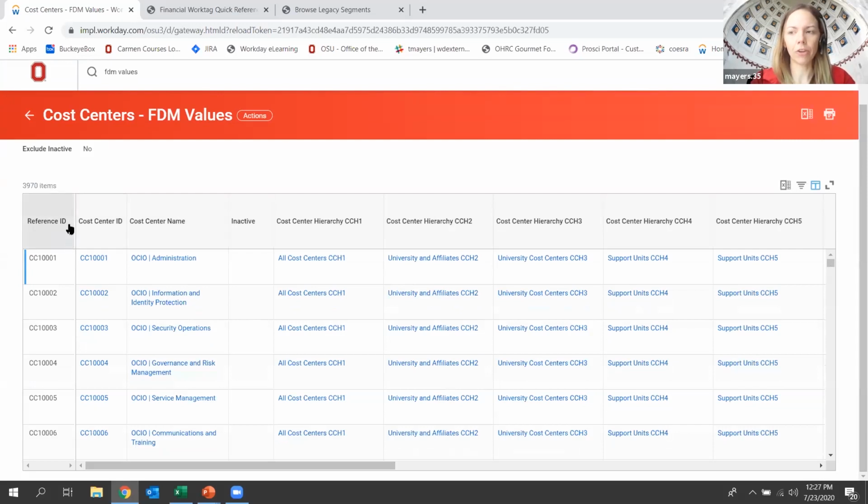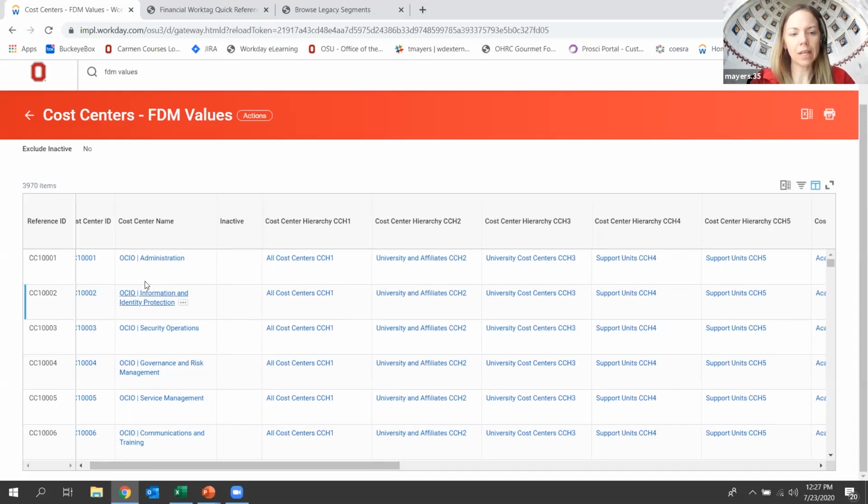As you get through further trainings, you're going to learn about EIBs, and typically in EIBs, you're going to populate the reference ID. So that's why you're seeing both of these here on the report, even though they're identical. Then you're going to see the work tag name. There's going to be an inactive column. So if you were to see yes in this column, that means the value is inactive and